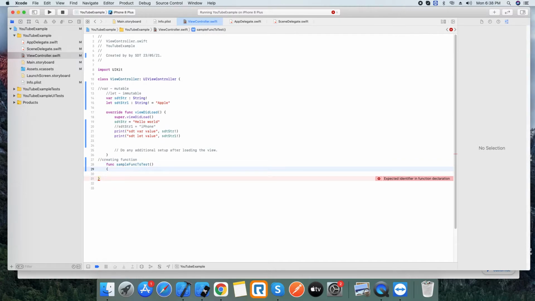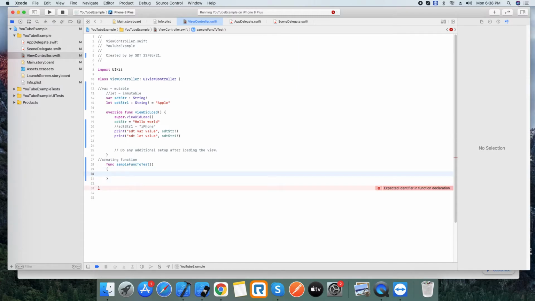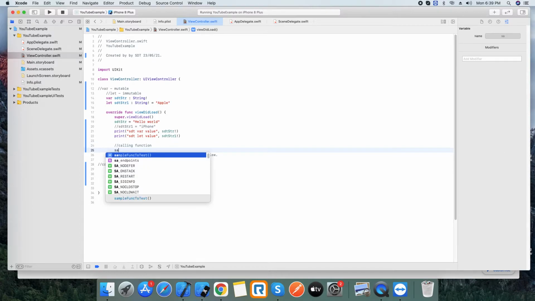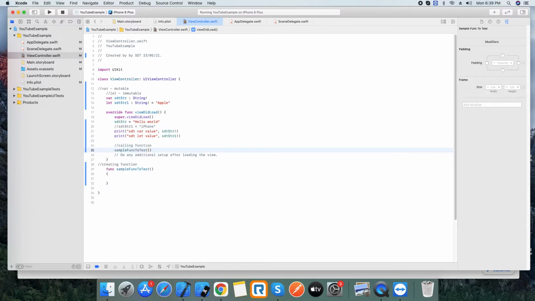This is the syntax to create a function. Now I'm going to call this function in viewDidLoad. Sample function. Yeah, that's simple. Creating a function and calling a function.